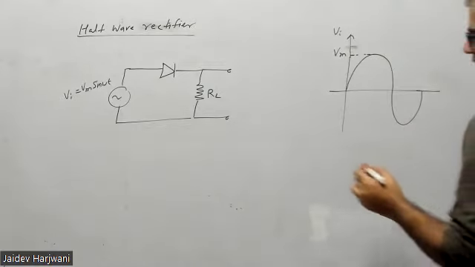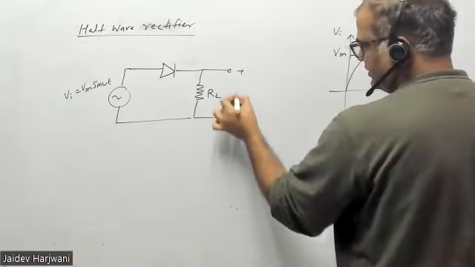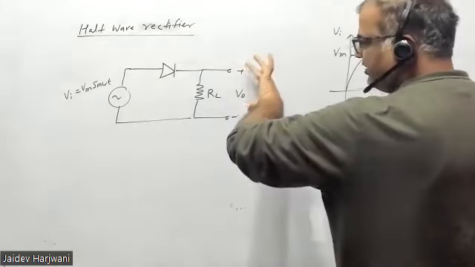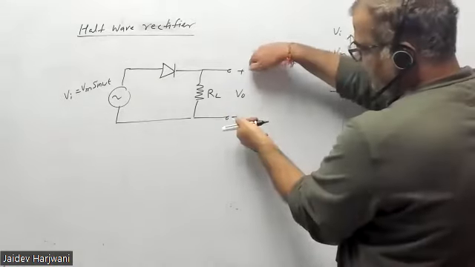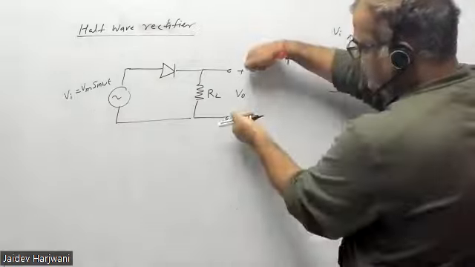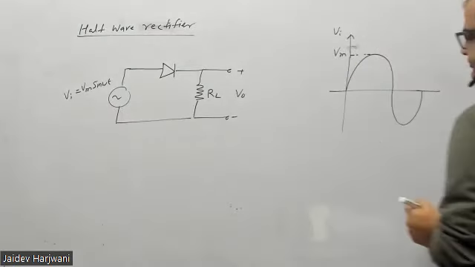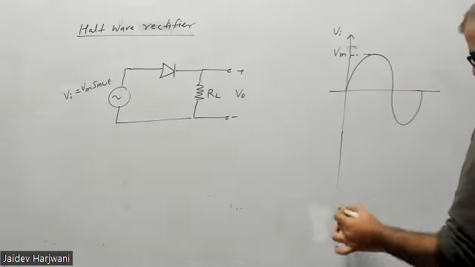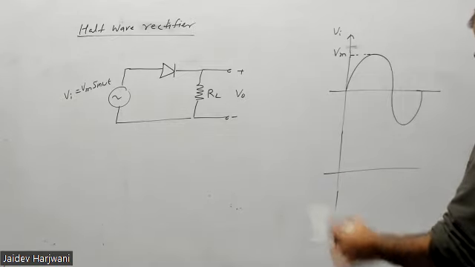Okay, and now I want to find V output here. My digital meter is placed like this. I'm measuring the voltage with the voltmeter like this. This is my ground. Now let us see what happens when